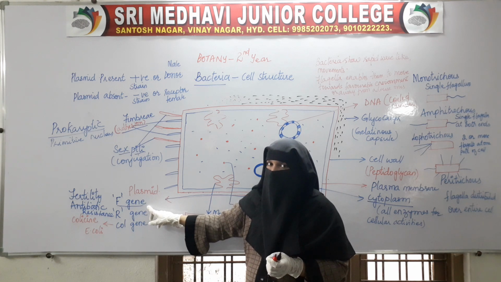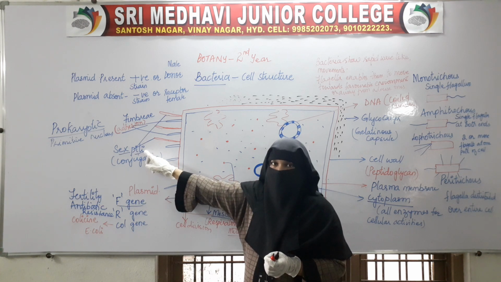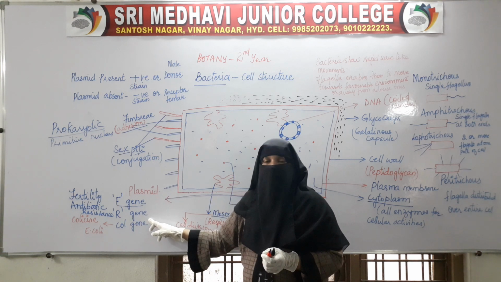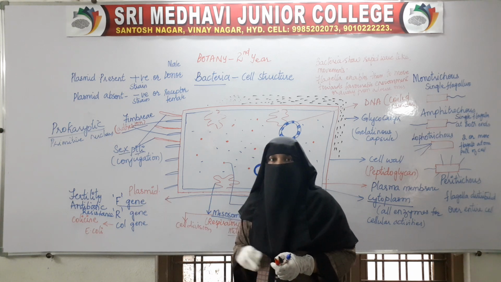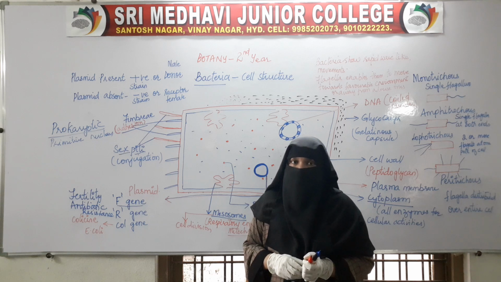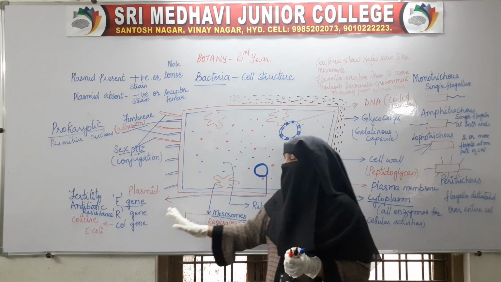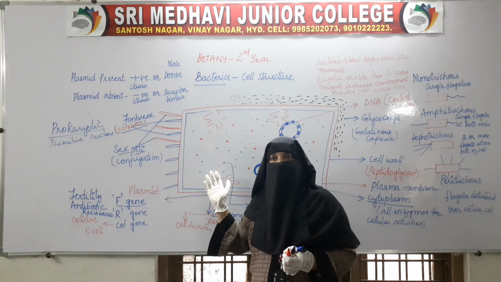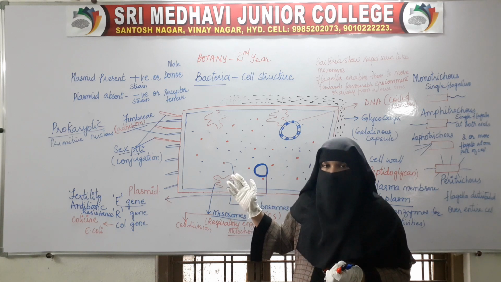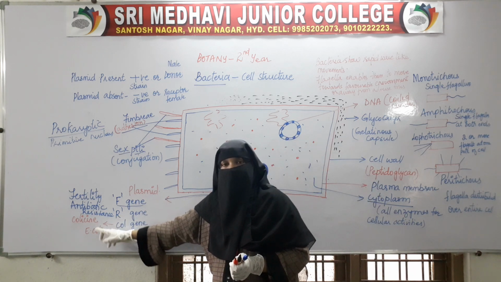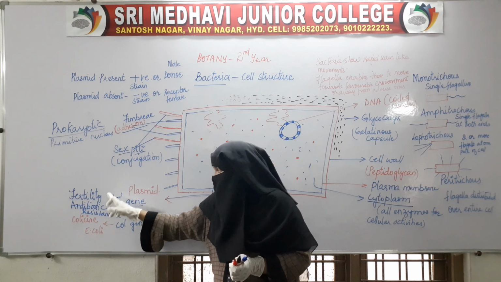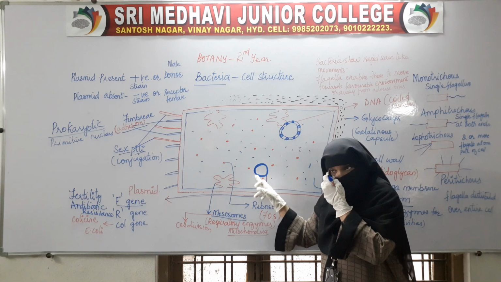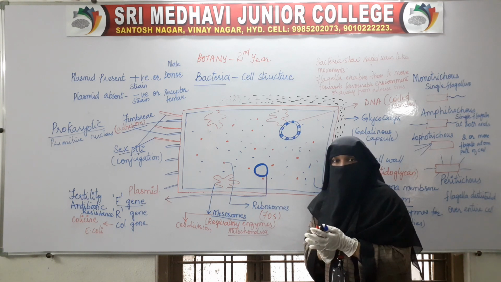So each plasmid, an extra DNA structure present in a few of the bacteria, consists of 3 genes. F gene, which helps in producing sex pili, which help in the process of conjugation. Then it also consists of the R gene. This R gene gives the bacteria resistance against antibiotics. And the last one, the Col gene. This Col gene gives resistance to bacteria against a toxic substance, colicin, which is released by E. coli. So these 3 genes are present in this one plasmid.